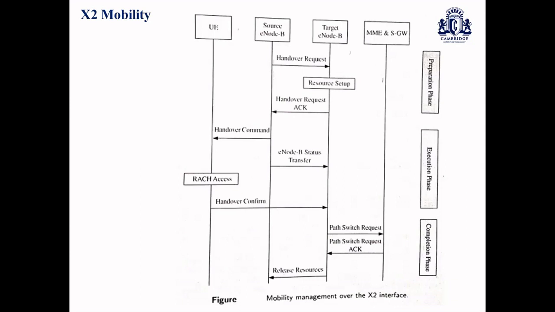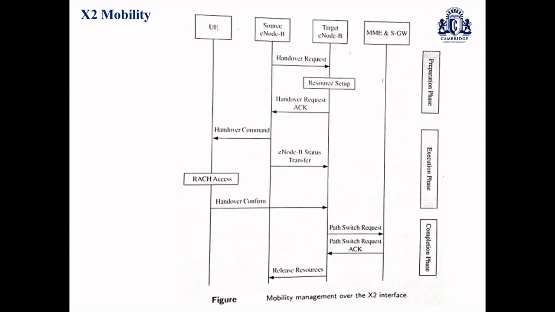During the execution phase, once it receives the request acknowledgement, the source eNode B sends a handover command to your UE so that while each user entity completes various RAN related handover procedures, the source eNode B starts the status and the data transfer to the target eNode B. So this is done on a RAB basis for your UE, nothing but radio access bearer services that have been accomplished by the appropriate UE. So this happens during your execution phase.